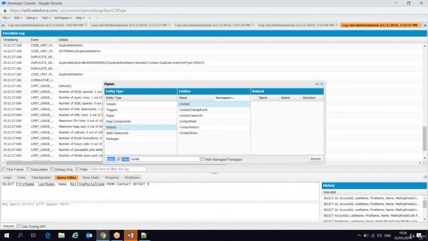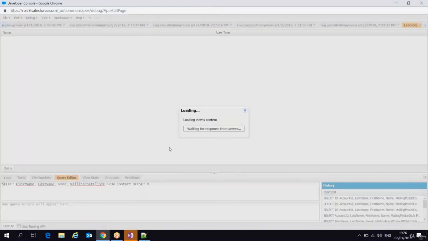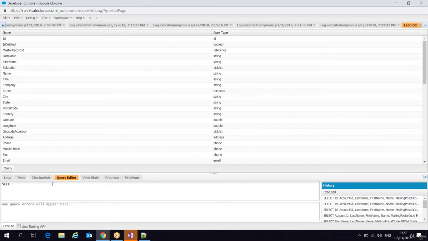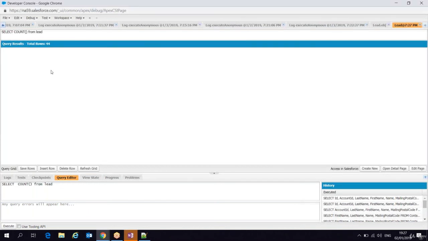In the object, I'm just going to use the lead object. Now here I'm writing one select statement. Let's count from lead. If I use this aggregate function, it will return the count of all records. Same way, when I write this one, it is returning exactly an integer value. So a SOQL statement can return a collection of records, a single record, or maybe an integer value. So now see,